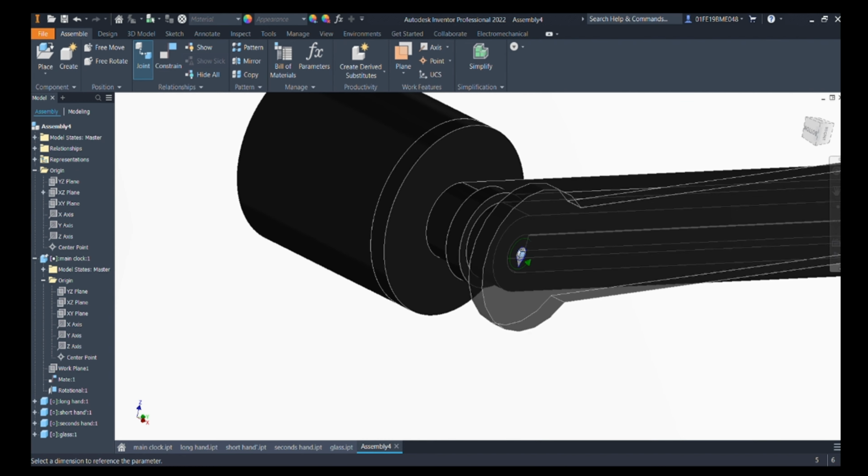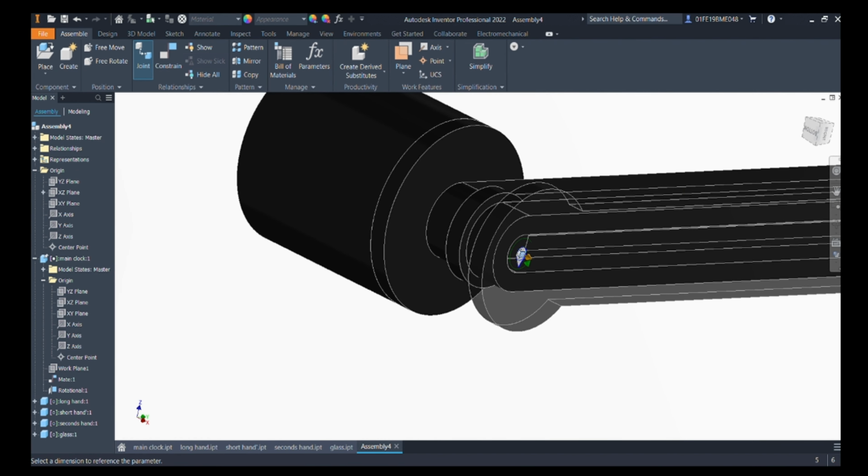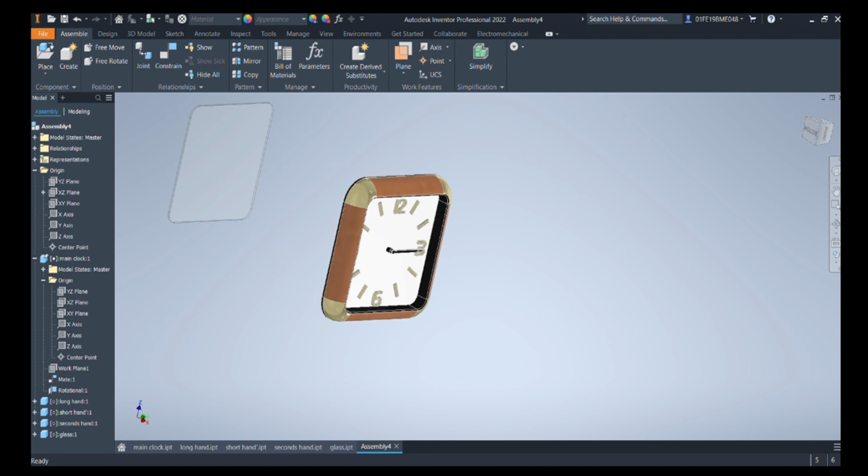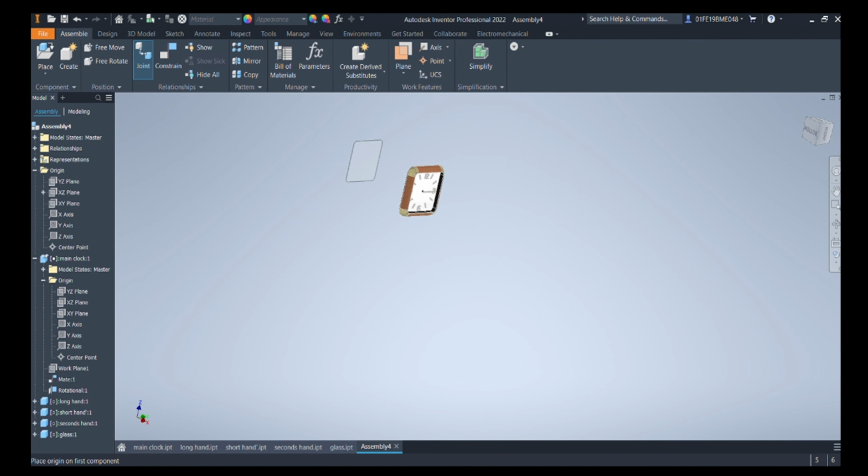Once we are done with our animation or fixtures, then we will add our clock. We will fix our clock there.